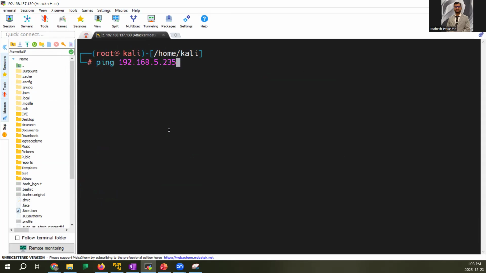Then what I will do is I will use an Nmap scan for this IP. Why am I doing this? I'm doing an aggressive scan. Why am I doing the Nmap scan? Because I want to check which ports are open. And if you read